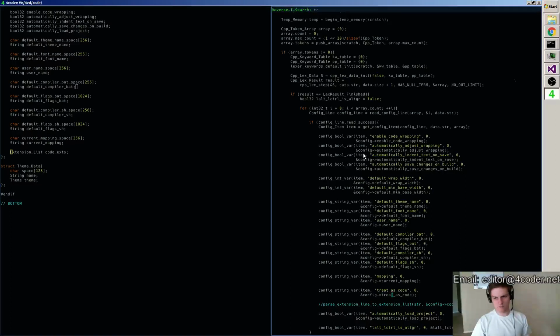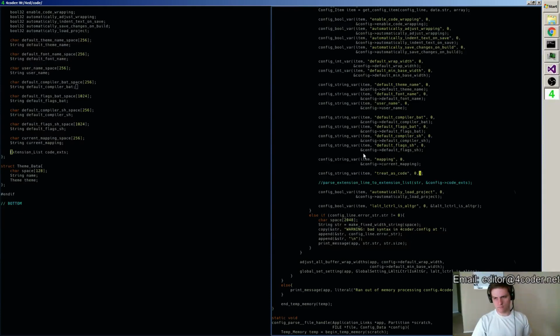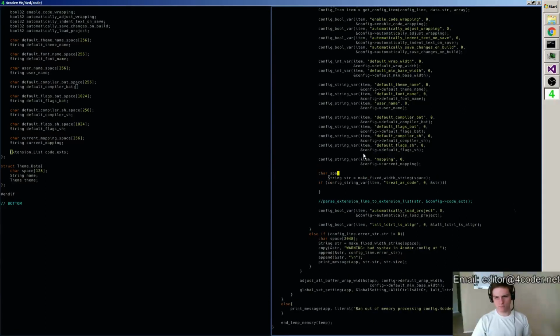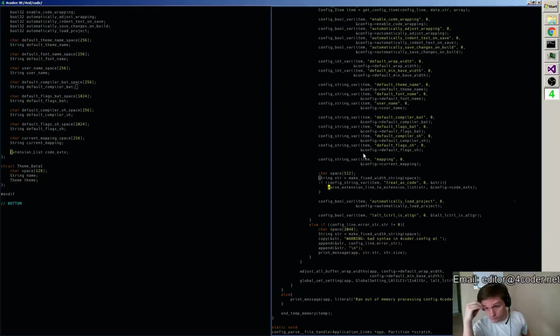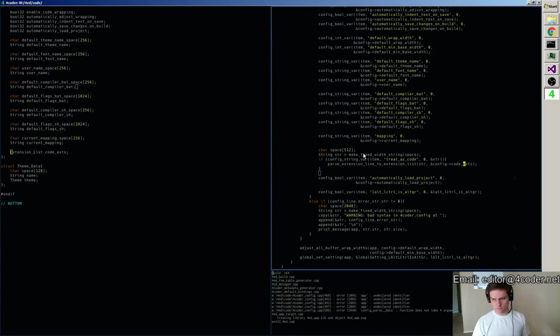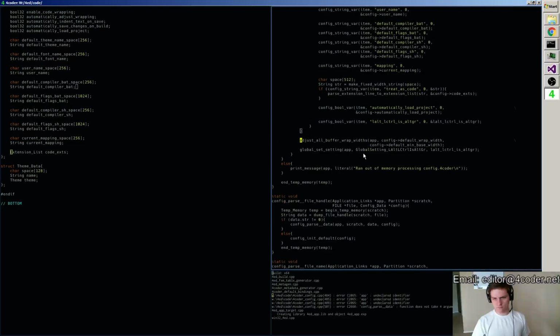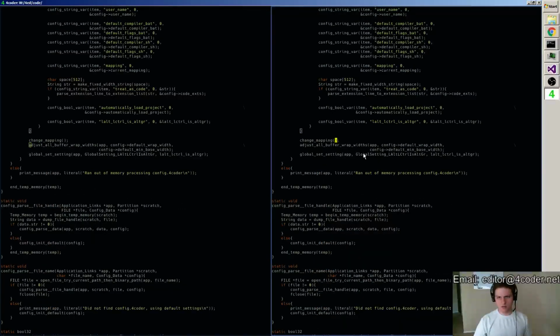Whoops. I'm actually still going to do this one this way. Okay. Change mapping, app, config, current mapping. Then what we're going to do is we're going to say, okay, all of these things here